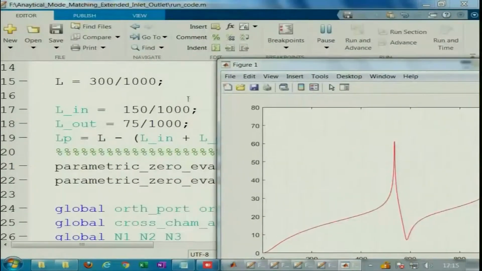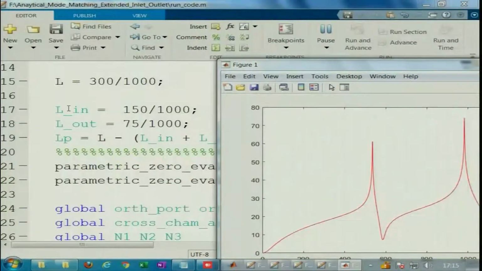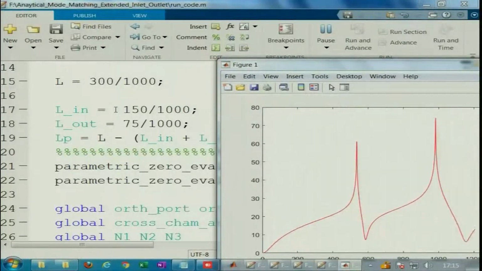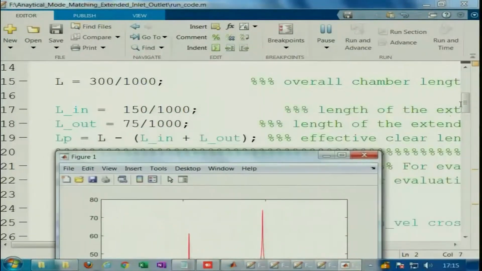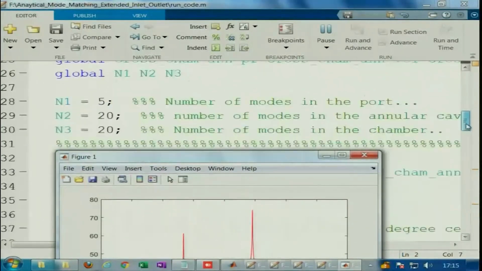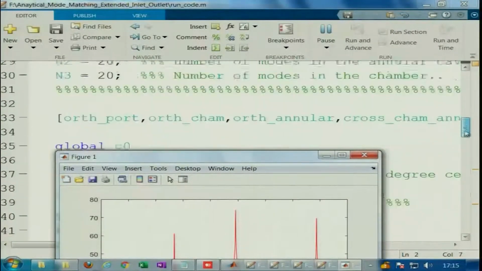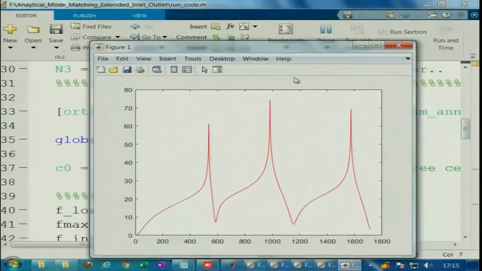At L by 2 and at L by 4, the extension length is L by 2 at the inlet and L by 4 at the outlet. It does not help. Had it been a plane wave, it would have helped. I can show you just by choosing only the plane wave mode, which can be chosen by putting n1 equal to 1, n2 equal to 1 and n3 equal to 1. You just consider the plane wave mode, and then this will work, but it will not be accurate